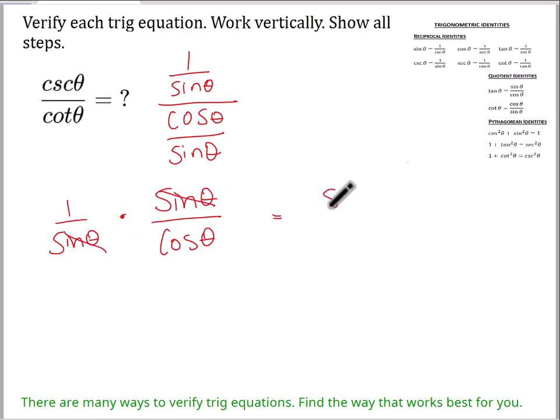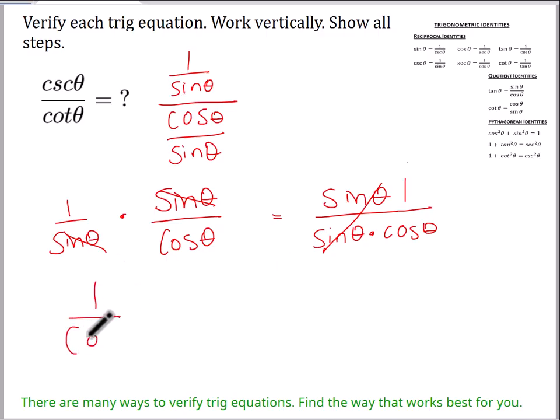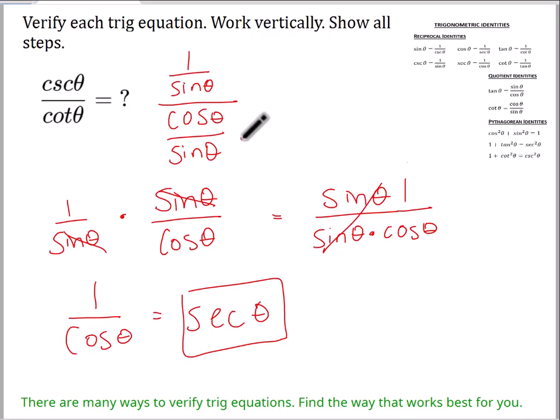Or if you don't see that, you can just multiply. So this is sine of theta times cosine of theta. The sines are going to divide out, leaving you with just a 1 on top. 1 over cosine is equal to secant of theta. And so you're just kind of following the process here. We're replacing these with sines and cosines only,